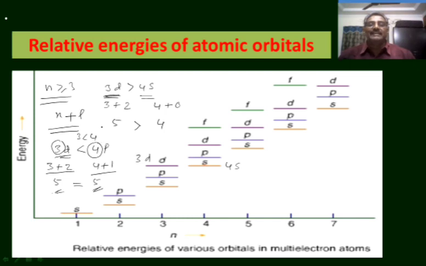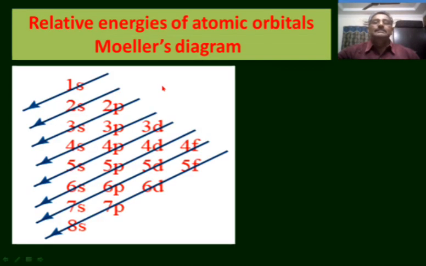So in this way, the energies of various energy levels can be decided and written in the increasing order of their energies. The order of various energy levels can also be found by using the diagram known as Aufbau's diagram. This diagram is helpful in identifying the order of energies of various orbitals.